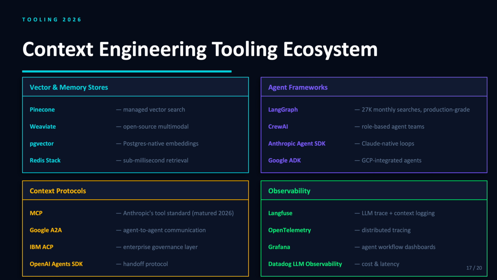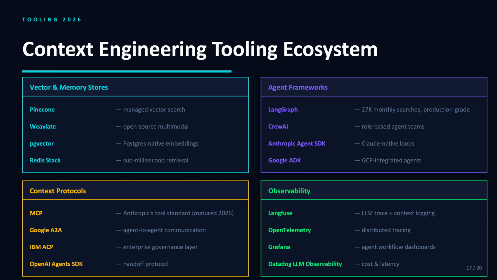Google ADK if you're GCP native. Context protocols. MCP, Anthropic's Model Context Protocol, has matured significantly and is now the standard interface for connecting agents to external tools and data. Google's A2A protocol enables agent-to-agent communication. IBM's ACP provides enterprise governance. These 3 protocols together are the primary reason 2026 is the year agentic workflows are actually moving from demos to